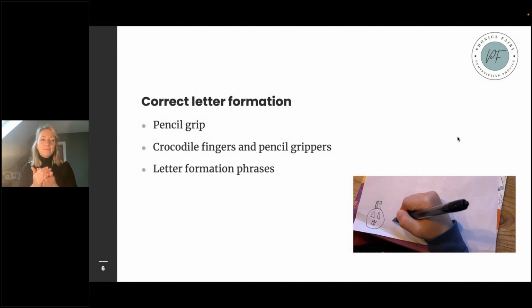Some phonics programs use phrases to help children get that correct letter formation. So if your child is in a school that teaches Read Write Inc or Little Wandle, or some of the other phonics programs as well, they use a phrase that goes with the sound and that helps the children to get the right formation. It's worth checking with your school if your child's letter formation does need some work. Do you have some handwriting phrases that you teach? And if so, can you ask them what they are so that you can help with that